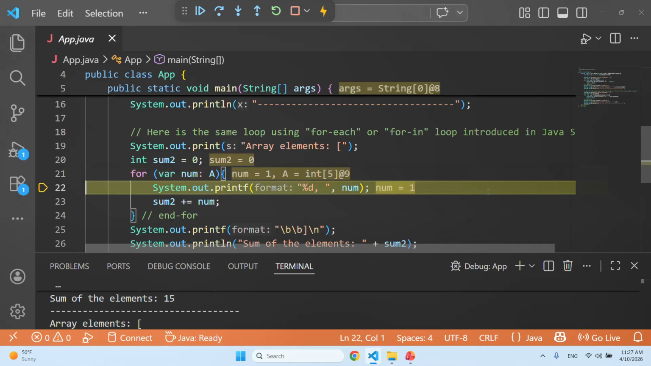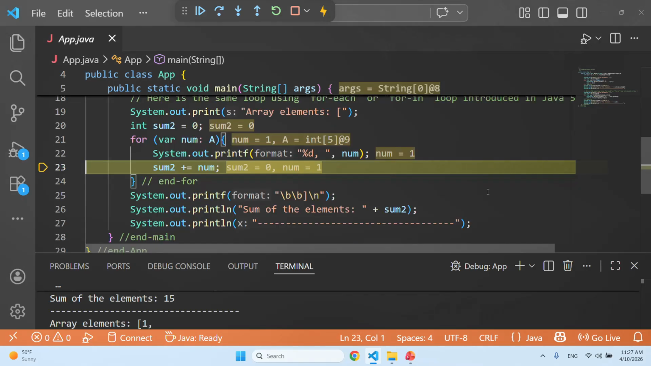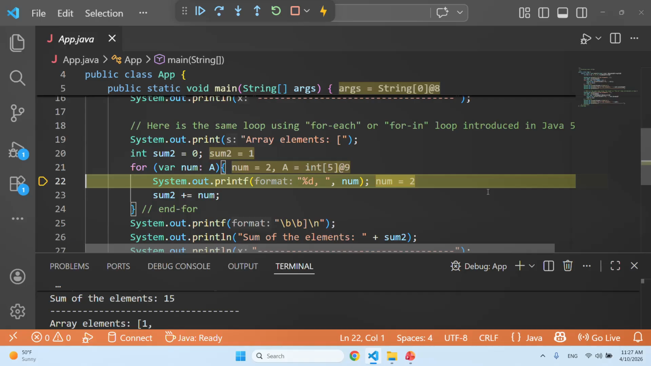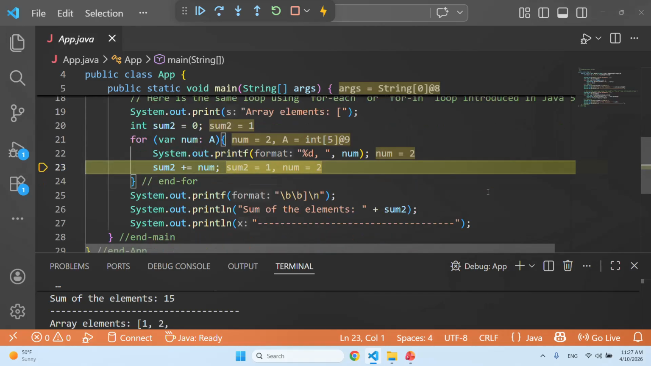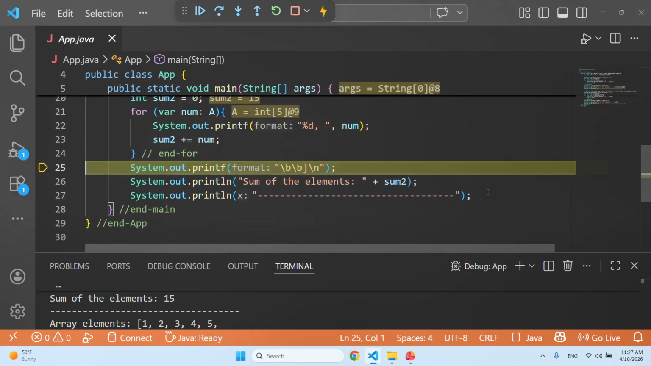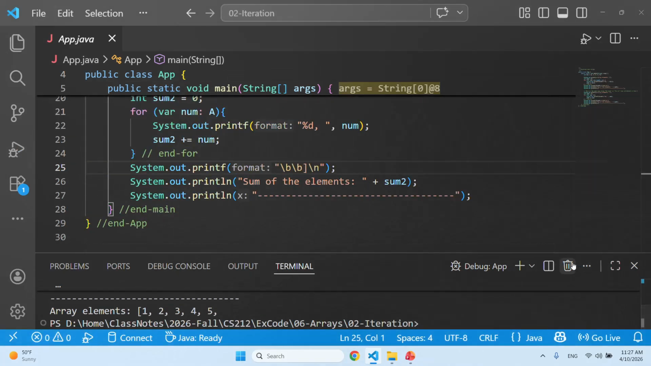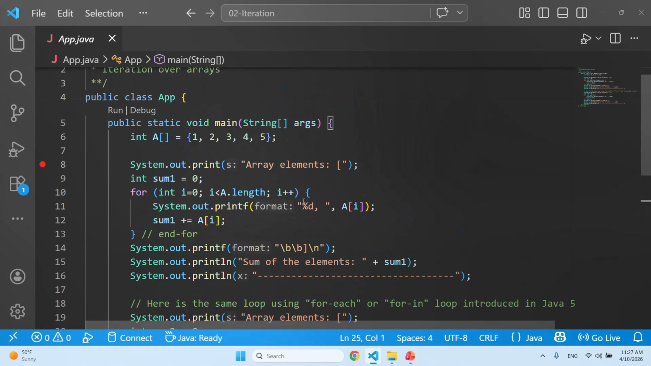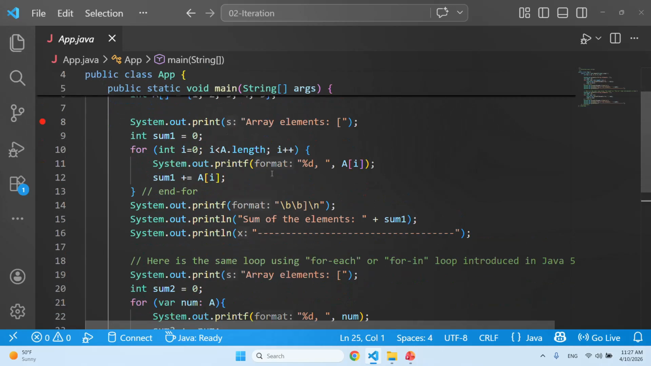So here we are. The first element is 1 because that's the first element in the array. Then num becomes 2 because that's the second element in the array. Then it's 3, then 4, and then 5. So the bottom line is this: both of them are valid ways to iterate over the elements of the